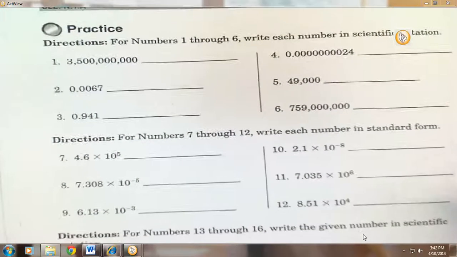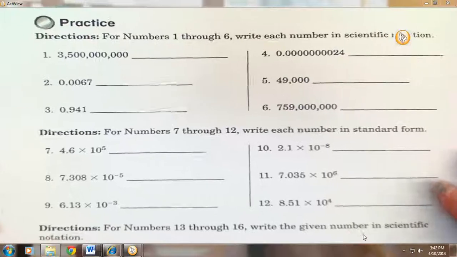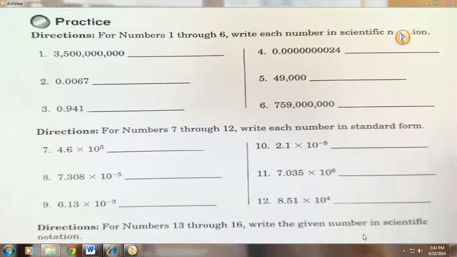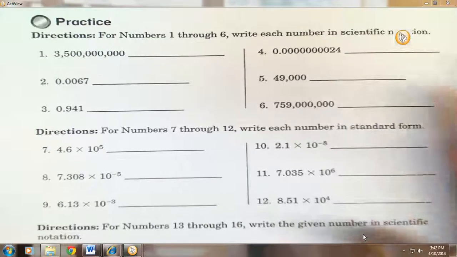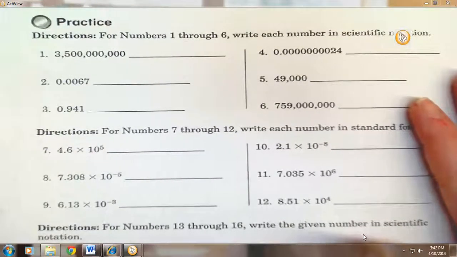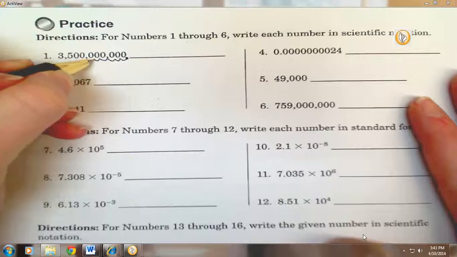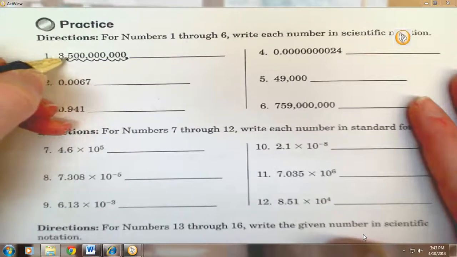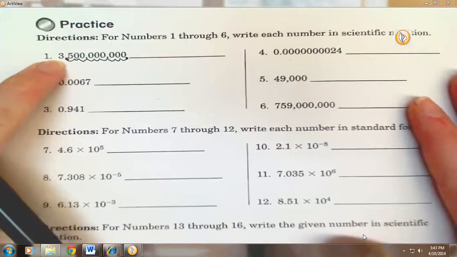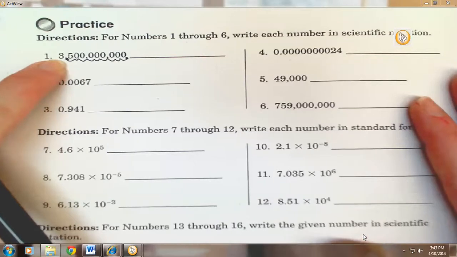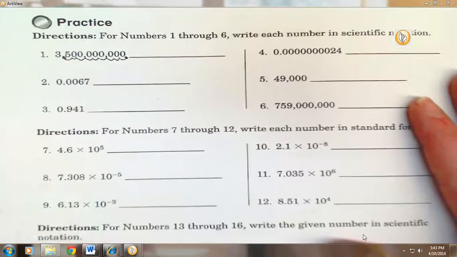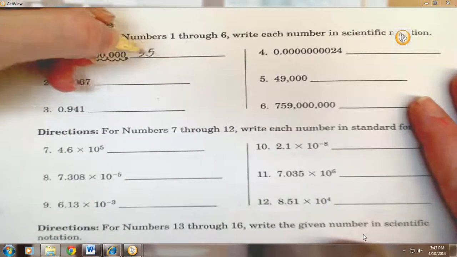On the next page, we are practicing our scientific notation. Just as a refresher here, scientific notation is when you have, for example, looking at number 1, there is a decimal that appears after that last 0. We're going to move that decimal to the left until we have 1 digit. Now that 1 digit, remember, needs to be between greater than 0 but less than 10. So really numbers between 1 and 9, including 1 and 9. Our number is going to be 3.5